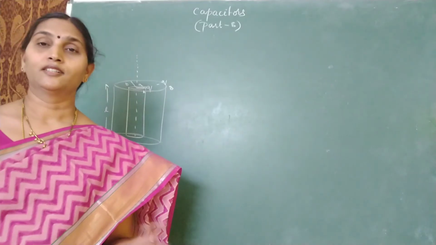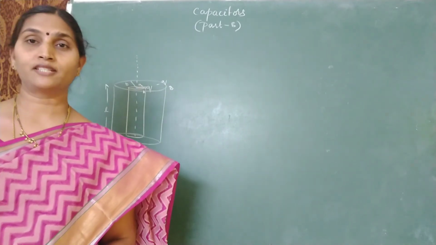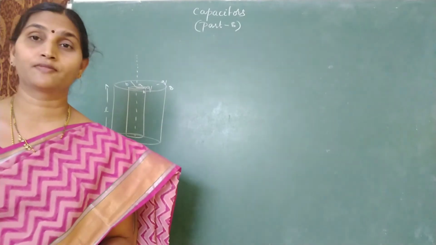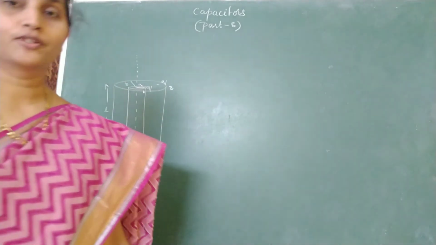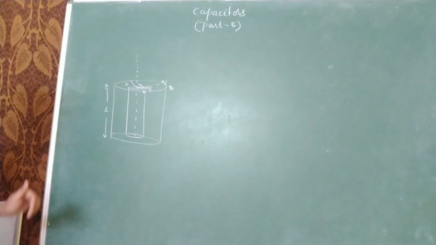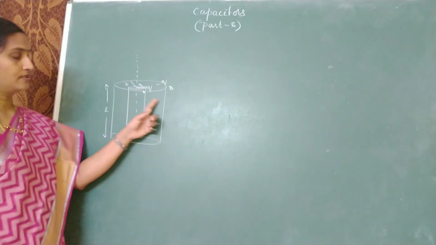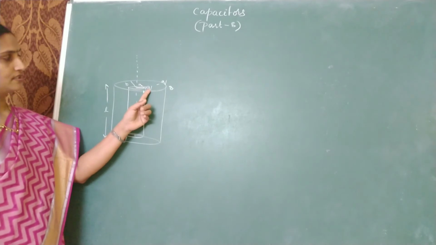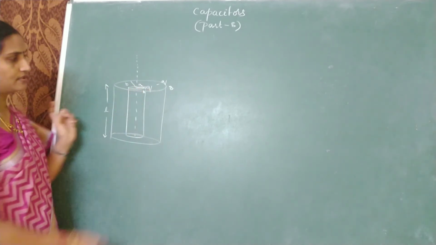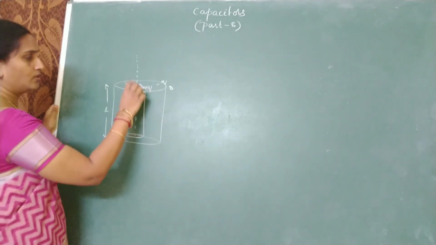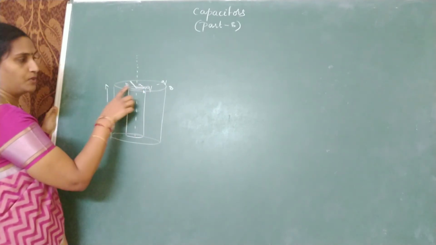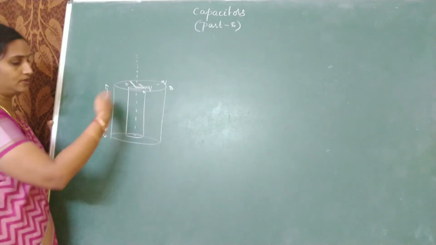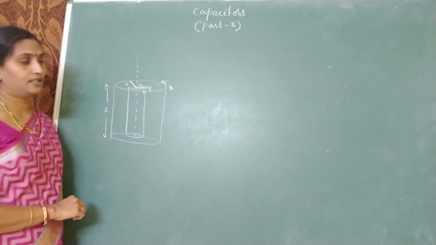Now let's see how to find the capacitance of a cylindrical capacitor. Till now we have seen the capacitance of a number of spherical capacitors. Now for a cylindrical capacitor, look at the arrangement. There are two concentric cylinders. The length of the cylinder I took as L. The inner cylinder whose radius is A is given a charge Q. The outer cylinder whose radius is B is given a charge minus Q, and we have to find the equivalent capacitance of this arrangement.